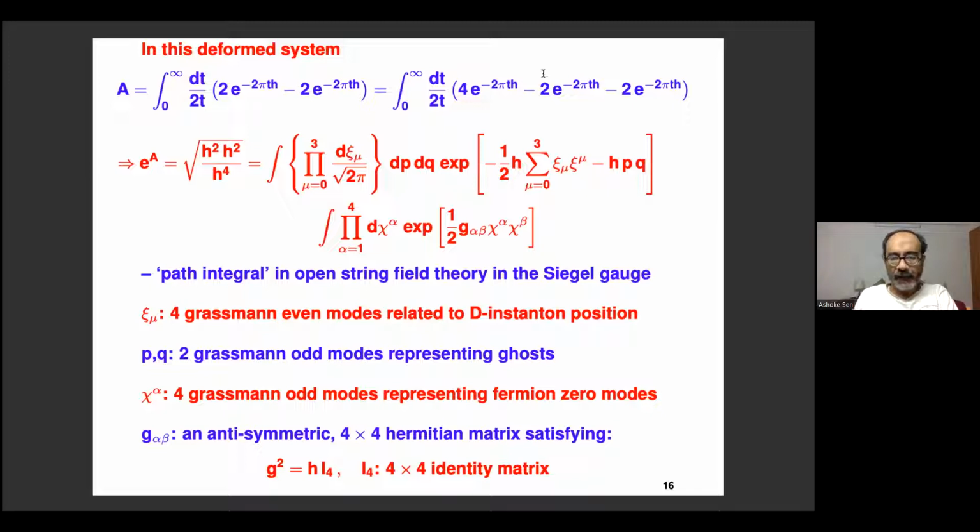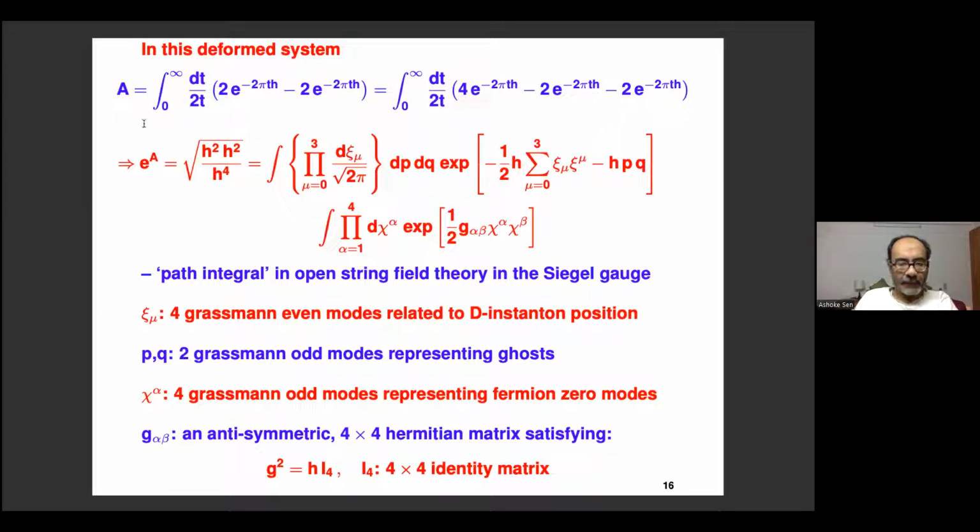Now I am going to rewrite this even further. Trivial rewriting: I write it as 4 minus 2 minus 2. Basically, the Nebuchadnezzar sector contribution, this 2, I am writing as 4 minus 2, for reasons that will become clear in the next slide, because this has a direct interpretation in terms of string field theory: where these contributions are coming from in string field theory.